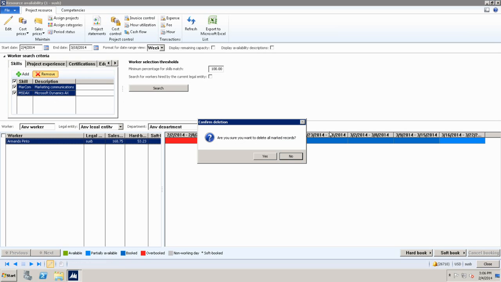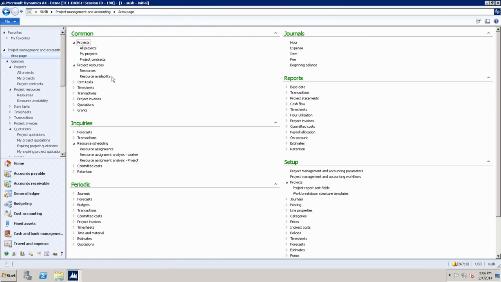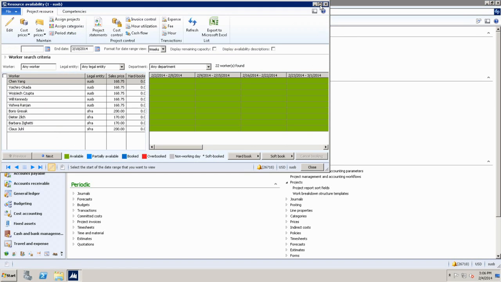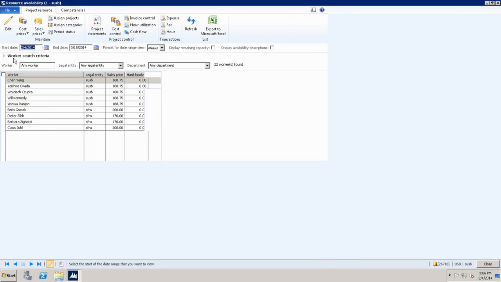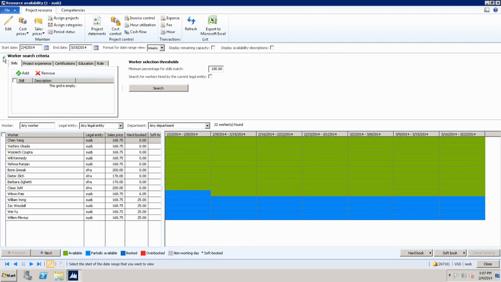Now I go back to play a little bit more with this UI that we have spent some time on. As you can see, the qualifications are not just skills. There are more qualifications. I can go with the specific certifications that I need. If you're working in public sector or in the construction segment, it's important for people to be certified. So you can specify the certification, education, role, or even specific projects that you want them to have played, and you can just find that.